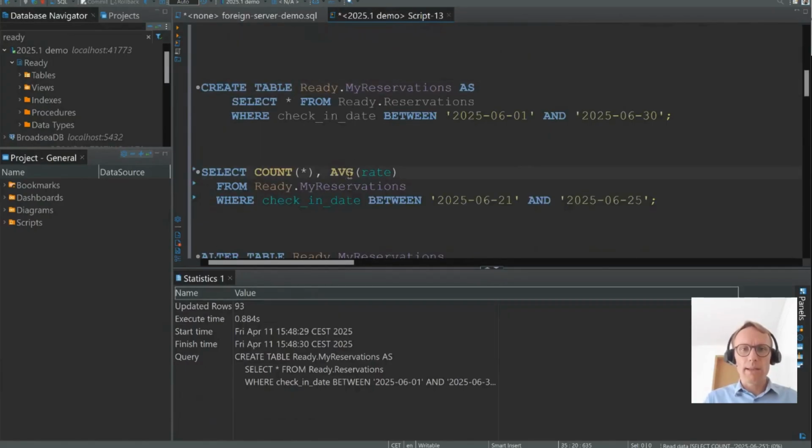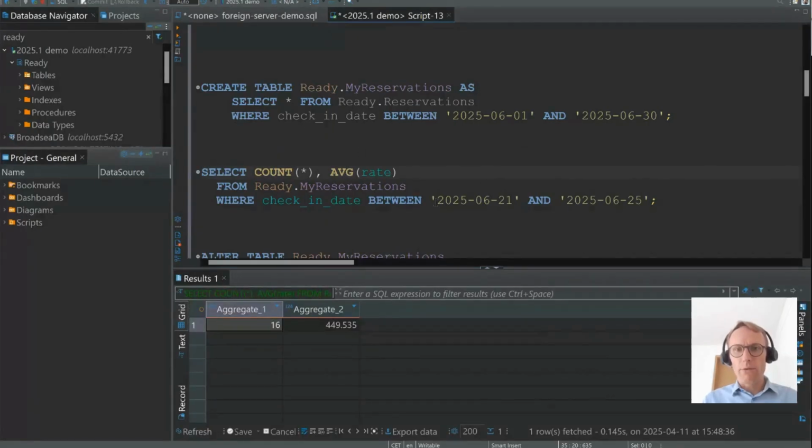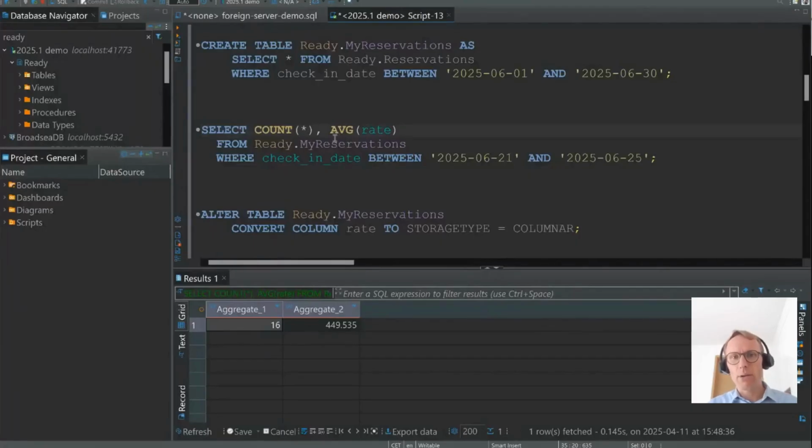I can query this table and look for all of the reservations between June 21st and 25th, which are the dates of our Ready 2025 conference, the successor of the Global Summit event. Now, say that this data set does not contain just 16 rows, but 16 million rows, because it's just a super nice event. Now, in that case, if I want to do these types of analytical queries, I might consider